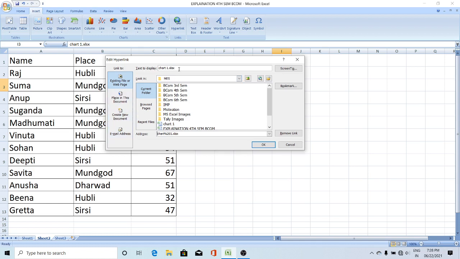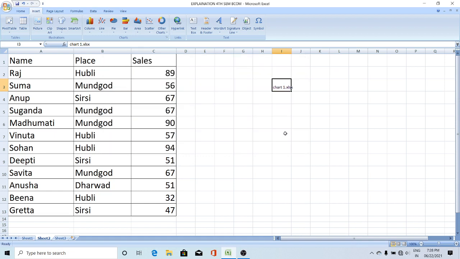Now I'll click remove link. Then only the words are displayed, the link is not there. It's not highlighted in blue color. Now if I click, it won't go to that link. Like this you can insert a hyperlink or remove the link from the hyperlink option in the Insert menu, which is in the Links group.